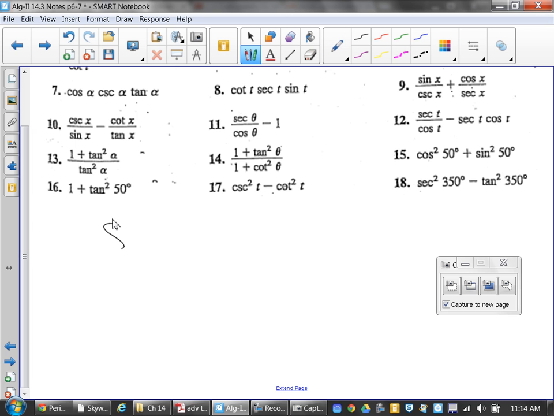Okay. So at 9, hopefully you guys started to notice this, that if you did one of them, the next one was usually very similar to it. So what I like to do when we have fractions,